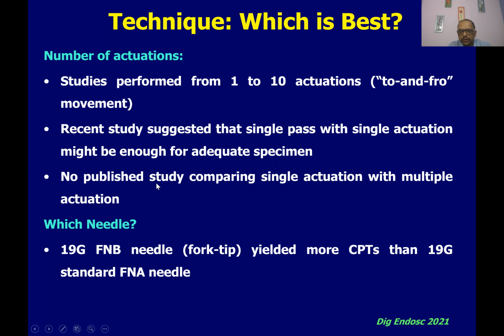Now, which needle to use? There have been a lot of comparative studies between 19 and 22 gauge, both FNA and FNB needles, and studies have shown that the 19 gauge needle is better than the 22 gauge needle in obtaining a better quality liver biopsy, and there is no ambiguity in that. And now we have studies which have compared 19 gauge FNB needles with 19 gauge FNA needles, and these studies have shown that the FNB needles yielded more complete portal triads as compared to FNA needles. Hence, the best needle in current times for EUS guided liver biopsy is probably a 19 gauge